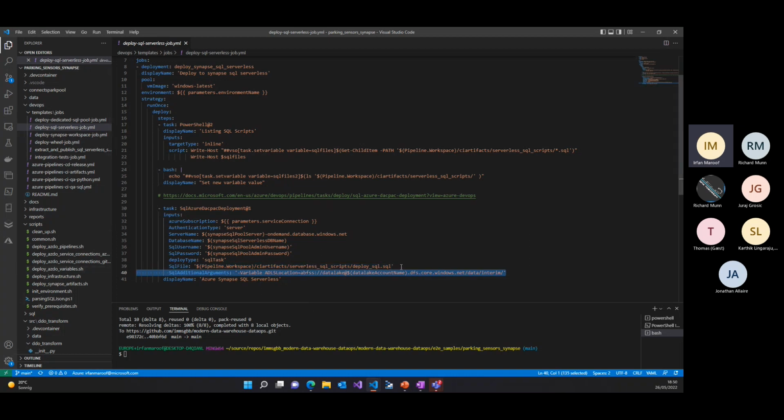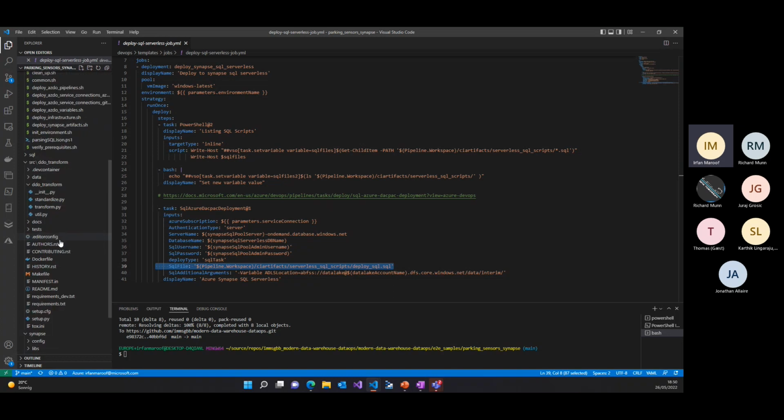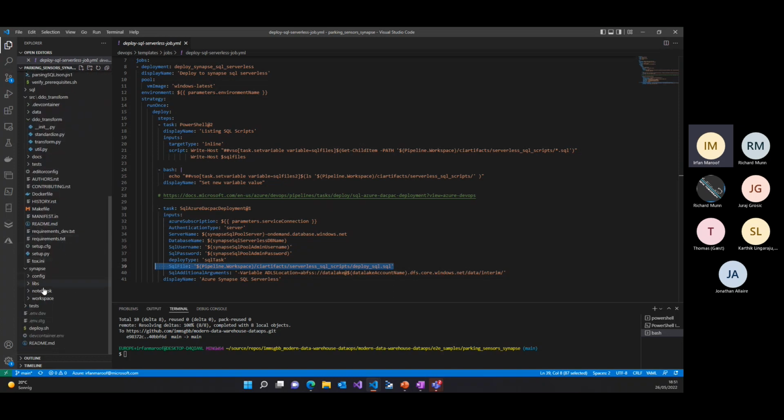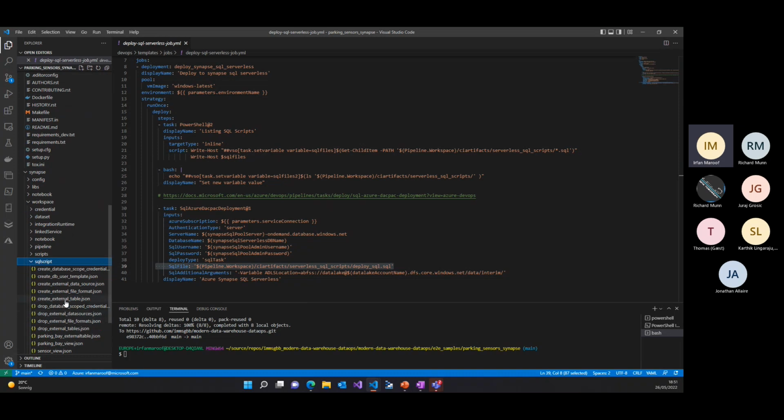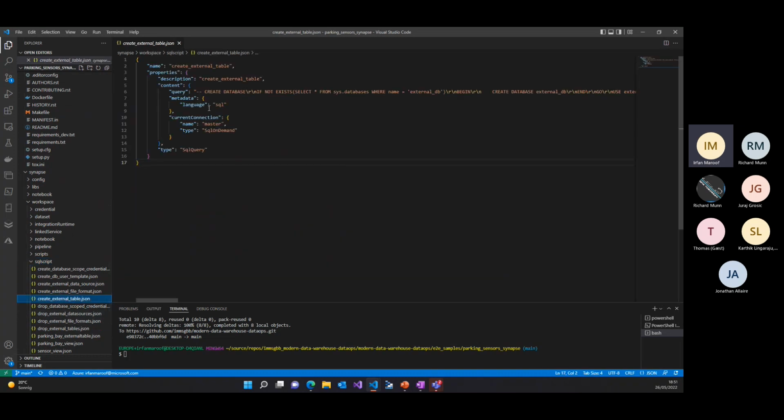And this task is using the SQL script that I have generated in the build pipeline, which is simply extracting from the different JSONs. Let me quickly also show you, if I have the Synapse workspace and SQL scripts, right? And create external table JSON. And what this